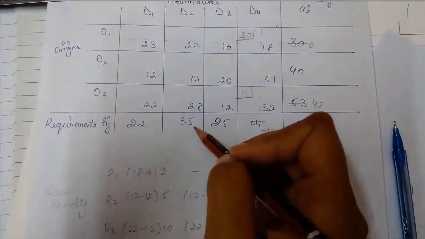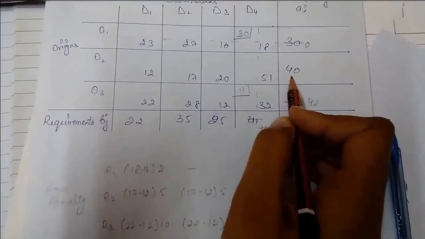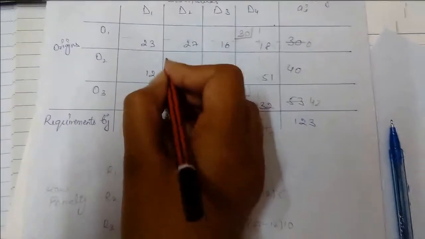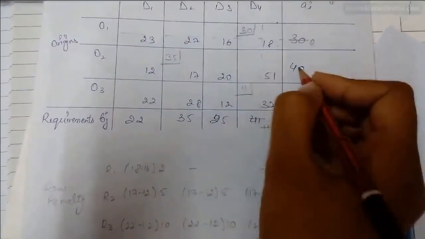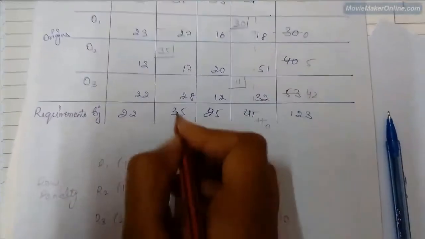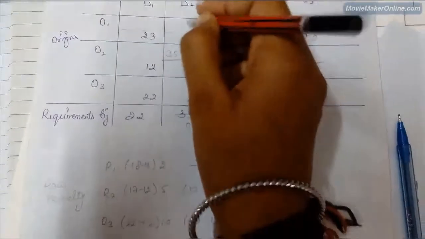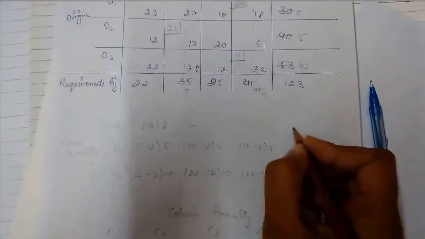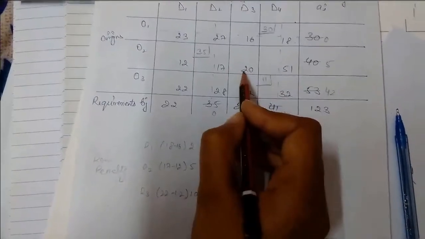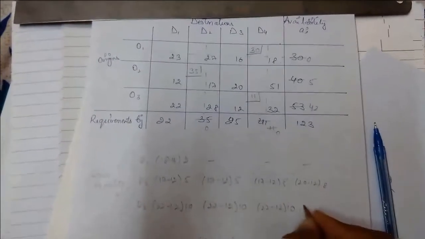So we have requirement of 35 and availability 40. We will allocate this 35 here and subtract it from this 40, and this will become 0, and this column will be eliminated. Now we will not use this column also, so we will calculate this again. This will be blank, and in this we will not take 17 now. We will subtract 12 from 20. 20 minus 12, 8, and 22 minus 12, 10,